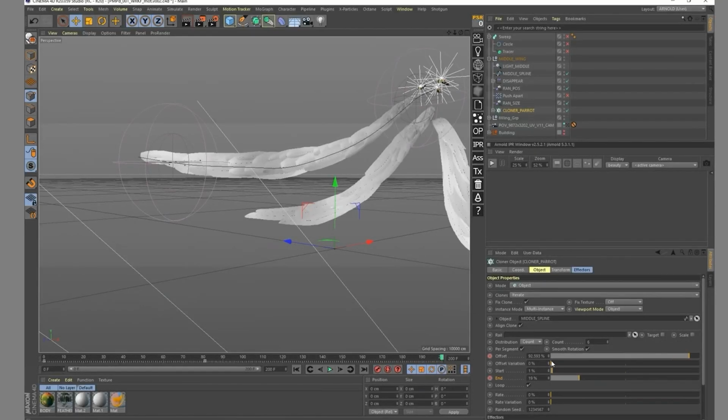Same problem right here. I'm not gonna offset them completely, and I'm gonna put a keyframe right here for the end, and I'm gonna put them back right there.